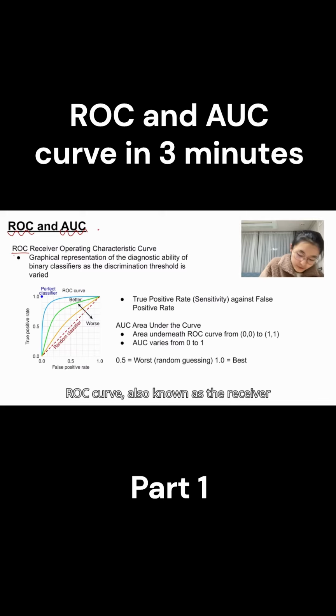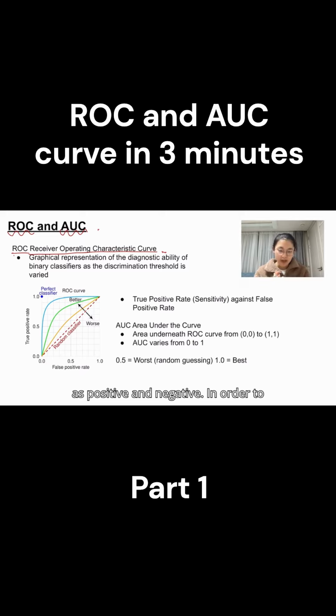Now, the ROC curve, also known as the Receiver Operating Characteristic Curve, is a graphical representation that illustrates the diagnostic ability of binary classifiers as its discrimination threshold is varied. But what does this mean? Well, essentially, the ROC curve helps us understand how well our model can distinguish between two classes, such as positive